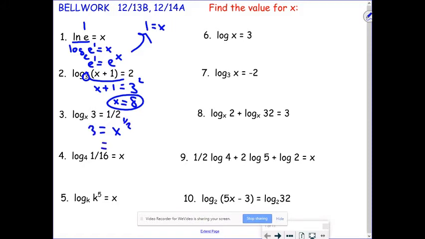In 3, again, change base. X to the 1/2 is 3. That's a square root, so I square both sides. X is 9. In 4,